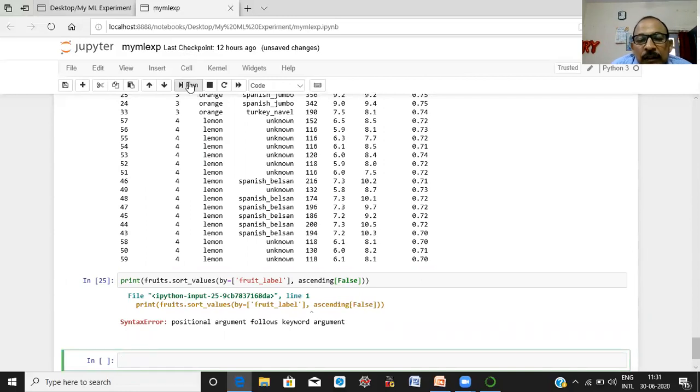There is some error here. What is the error? Positional argument follows keyword argument.